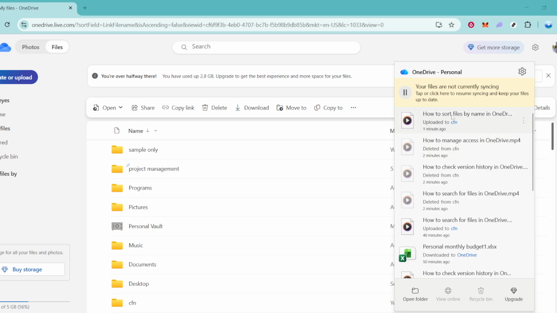A quick tip: if you rely on automatic backups for important documents, make a habit of resuming syncing once your high bandwidth task or meeting is over, so your latest changes are safely saved to the cloud. That's it. Simple, fast, and